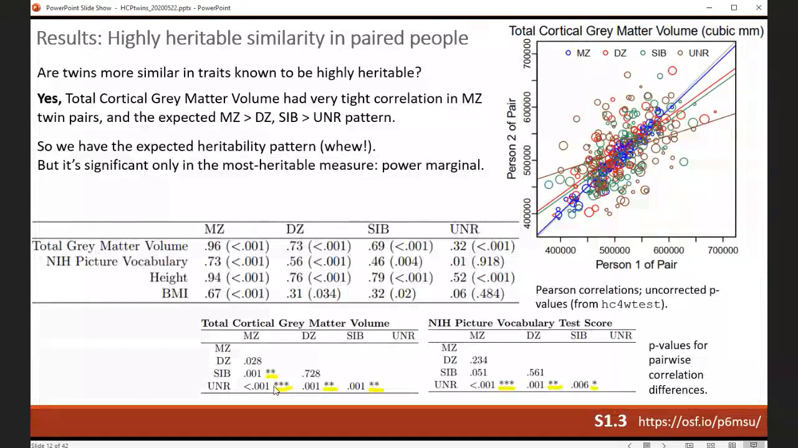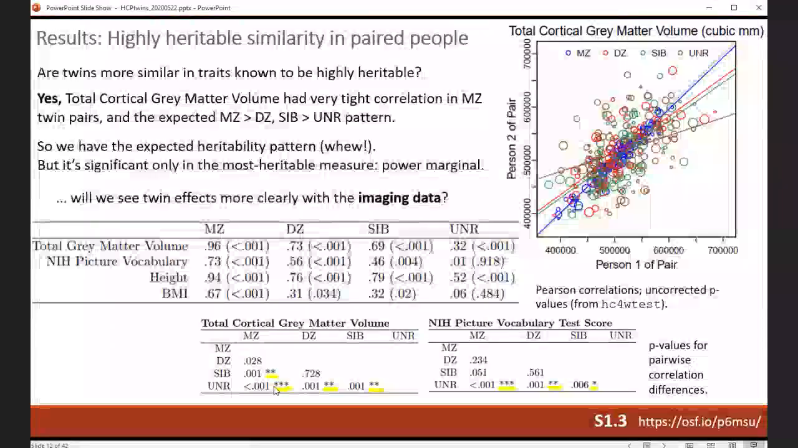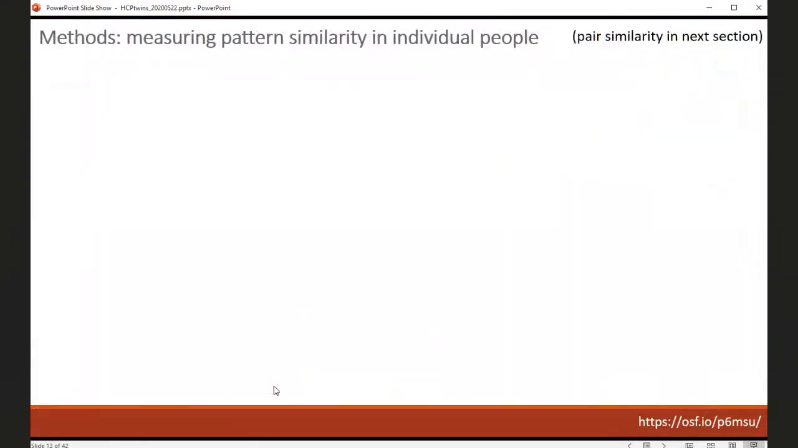Even with this many pairs, it's still kind of marginal power, but we're keeping on going. And this is the little teaser, and you can guess the answer, that the imaging data came out nicely. But anyway, okay, I'm going to do just a slide or two on measuring the results in the individual